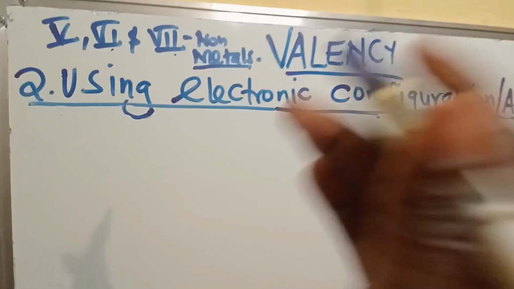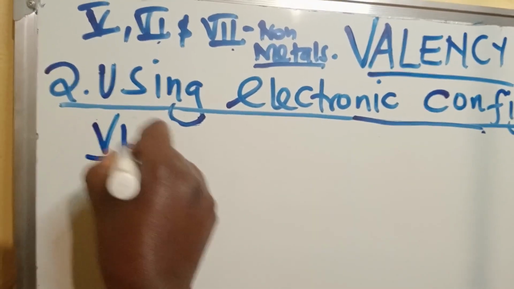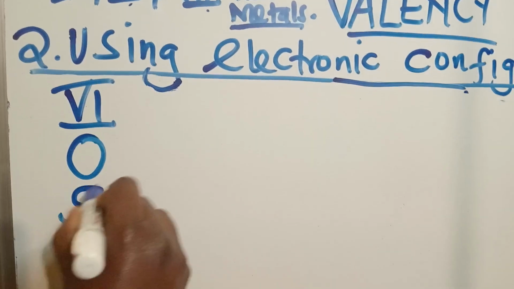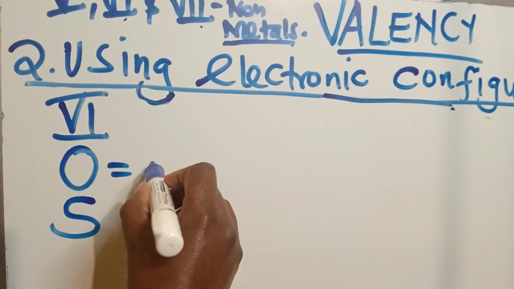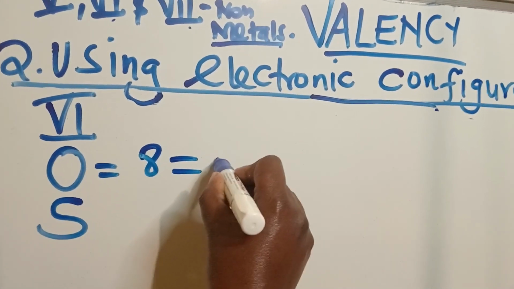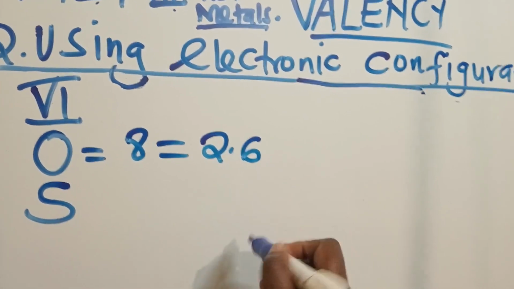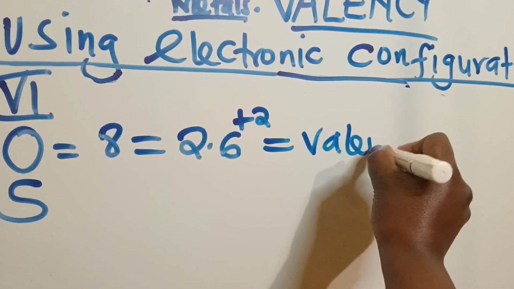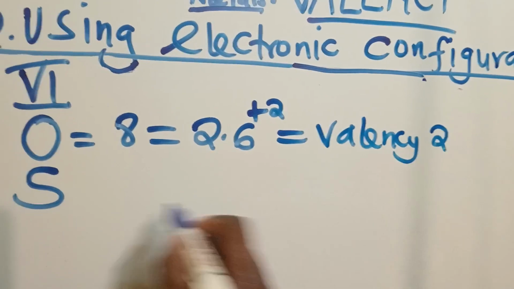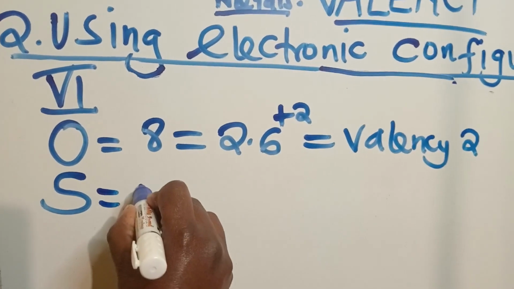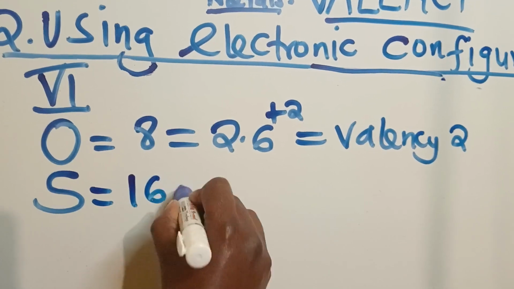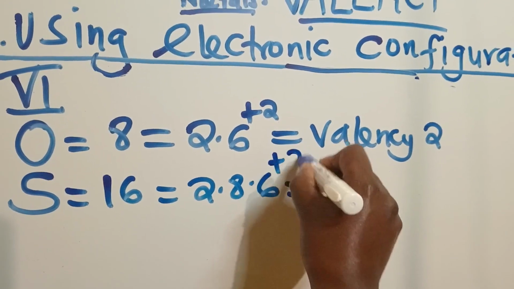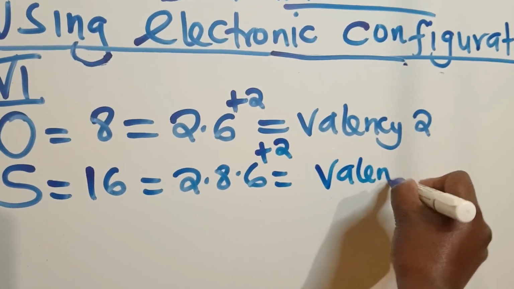Next we have group 6, where we have 2 elements, oxygen and sulfur. Oxygen has atomic number 8, electronic arrangement 2.6. It's required to gain 2 electrons, so the valency becomes 2. The same with sulfur, atomic number 16, so 2.8.6. Again required to gain 2, so valency